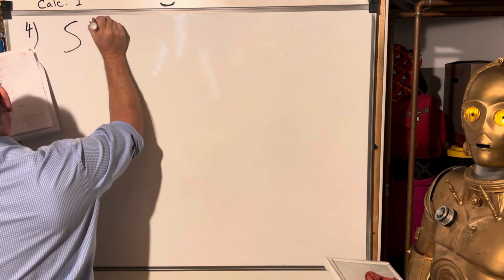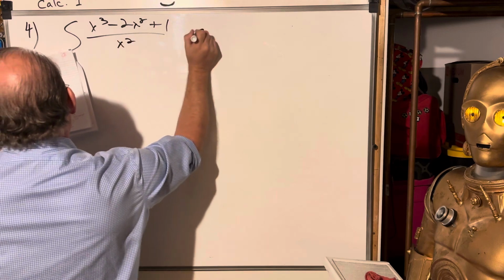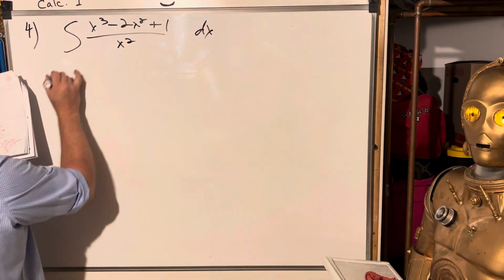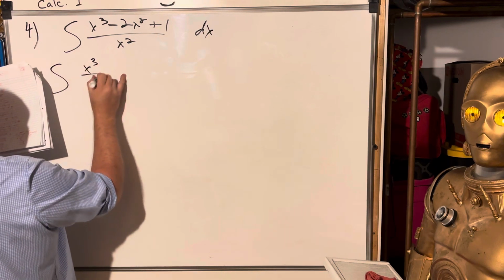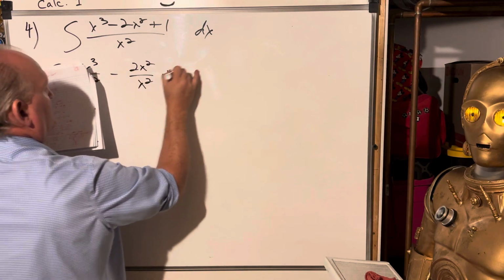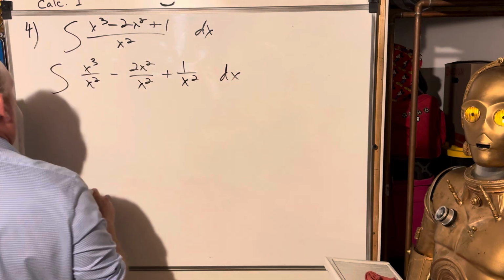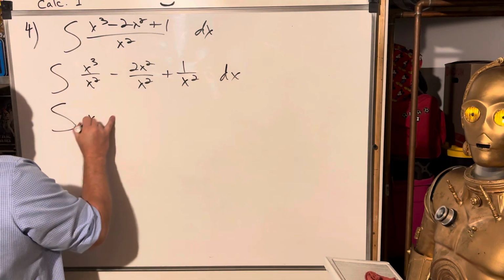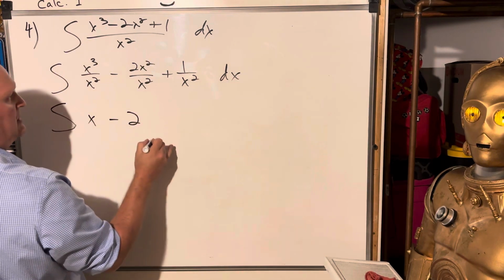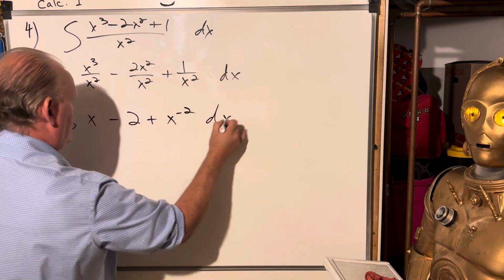You got x cubed minus 2x squared plus 1 over x squared dx, and we want to integrate, so x cubed over x squared minus 2x squared over x squared plus 1 over x squared dx, and simplify x minus 2 plus x to the -2 dx,